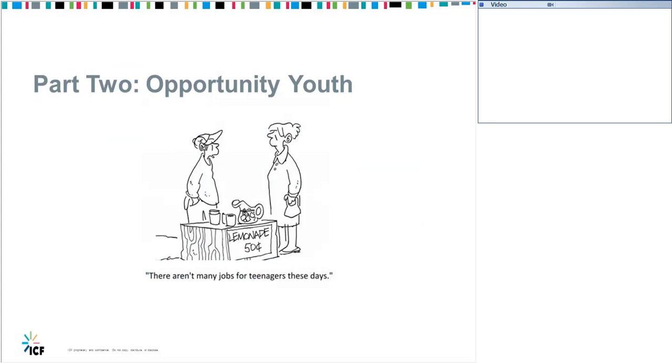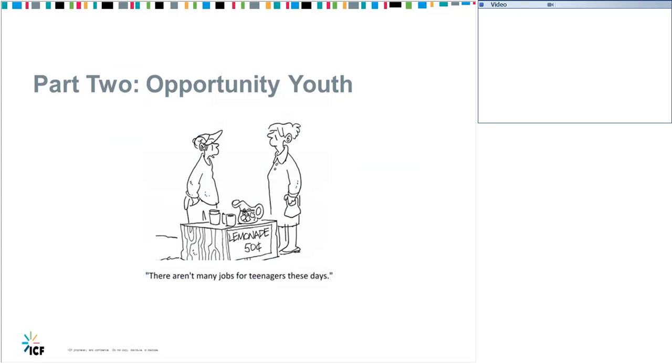So these are our friends. These are our opportunity youth. And this is a narrative that we hear in the media all the time. This is a narrative about what the workforce looks like, a narrative about what the low-income workforce looks like. And while nobody's suggesting that we should run out and start setting up lemonade stands on every corner, I think there's an important conversation to be had about what youth and opportunity youth specifically are doing.